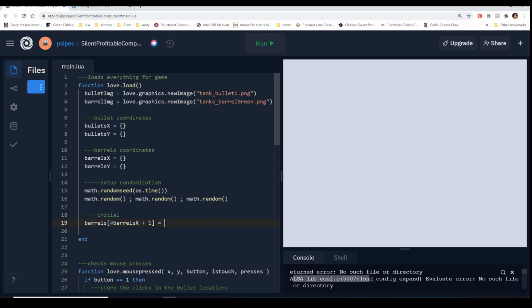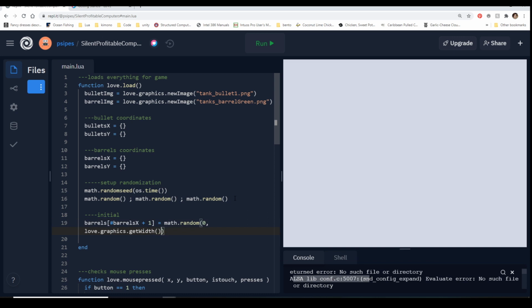Well, we can do math.random, and we know that at its leftmost point, it can be at 0. Then we have to worry about the rightmost point. We know that's 800, because we've already seen this, so we can say love.graphics.getWidth.